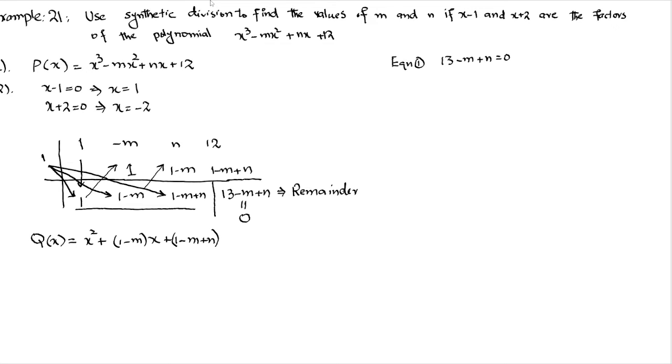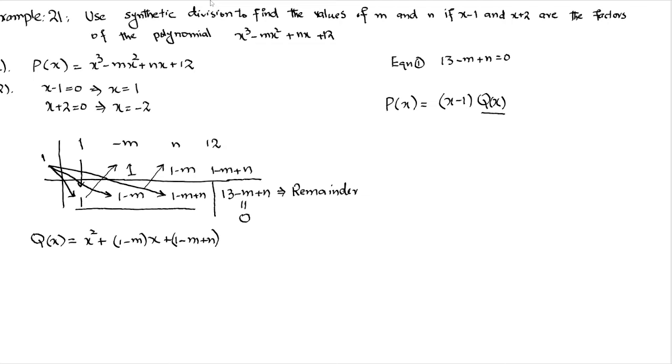Now we can write that the polynomial p of x is the product of the factor which is x minus 1 and the remaining polynomial which we have represented by q of x. Now when we perform the division by the second factor, x minus 1 is not divisible by x plus 2, so q of x will be divided by the second factor. So the next synthetic division will be,